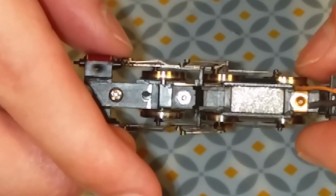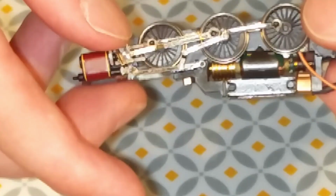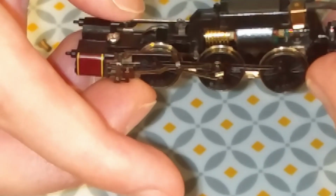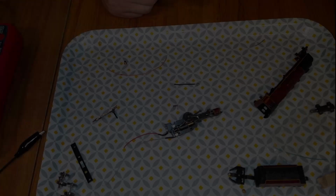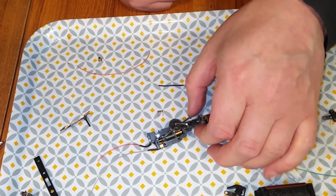So that's obviously not going to work, and I'm going to have to take the wheels off again and try and find another way of making this happen. So very disappointing. I sort of understand the principle of what I need to do, but I can't work out how to do it. So it's the next morning, and the forum experts have had their say,